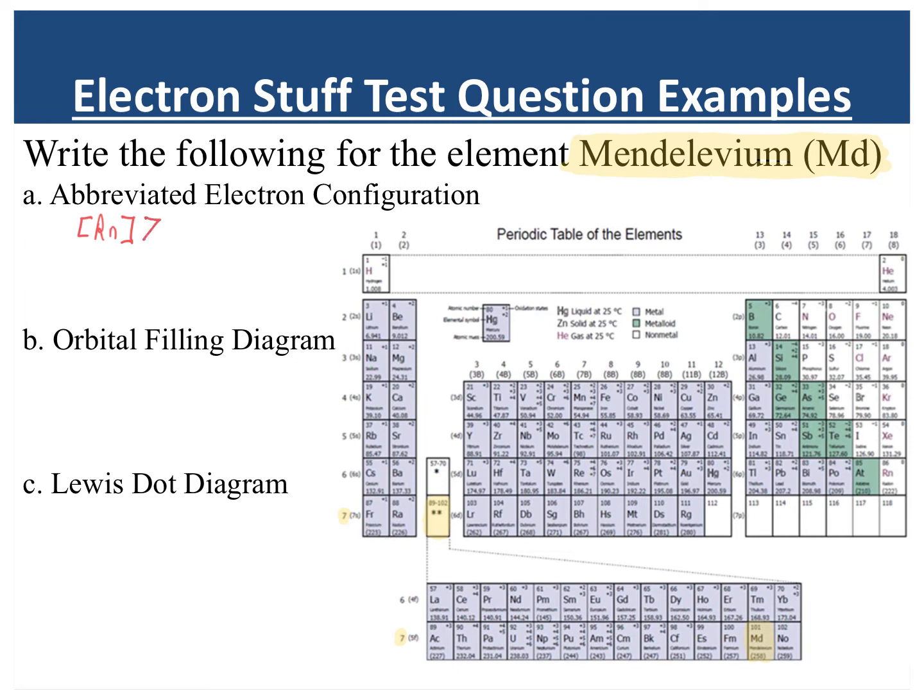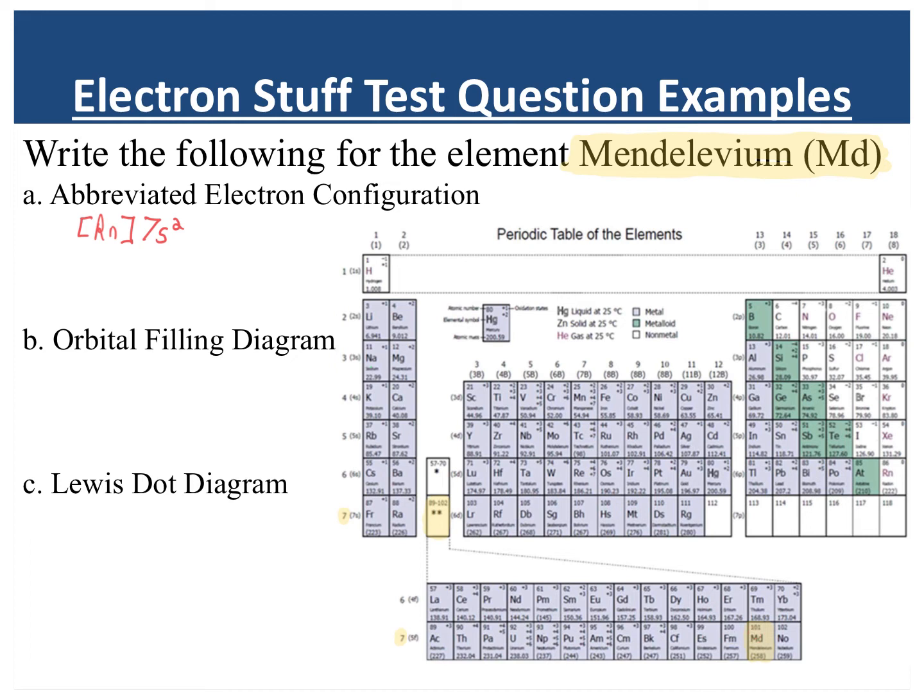So we get a 7s2. Then we get our little tricky box that shoots us to the f's at the bottom. The bottom row of f's is the 5f's, and Mendelevium is 1, 2, 3, 4, 5, 6, 7, 8, 9, 10, 11, 12,